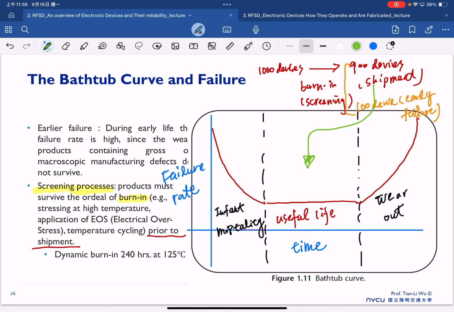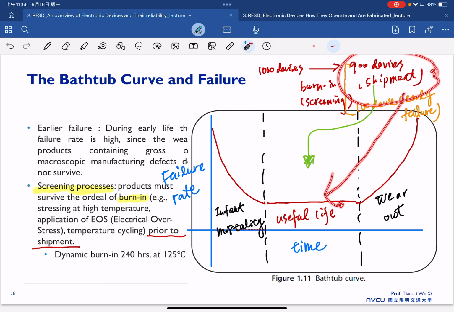And therefore, the question that comes to mind is: how do we do the proper burn-in test? How do we do the proper screening process? It's actually the big deal. It's a huge challenge because for the screening, you need to make sure that you can filter out the early failure devices and make sure that your screening process can really prove that the selected device is really robust in the